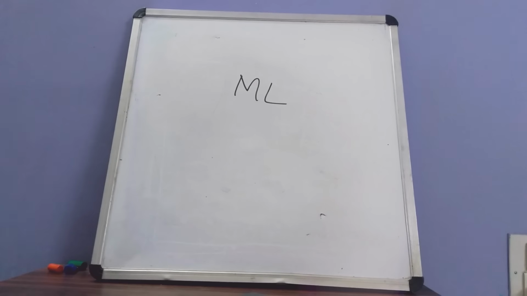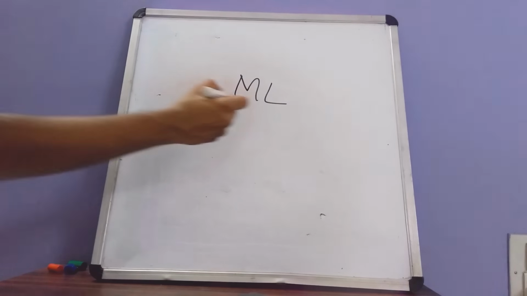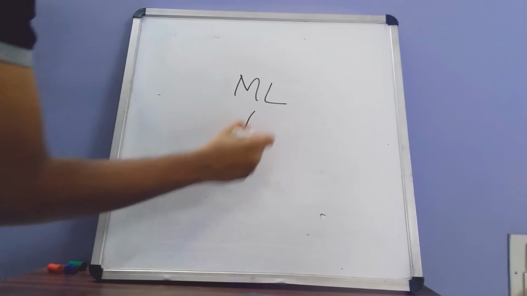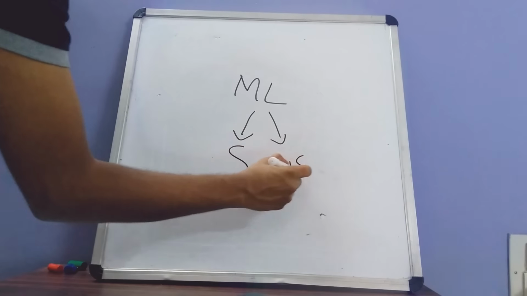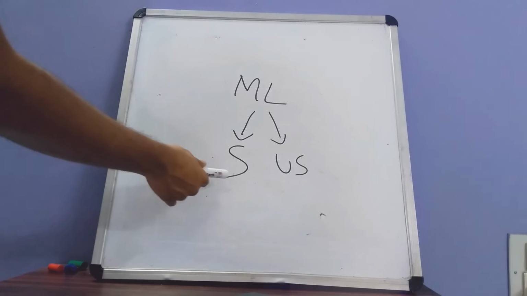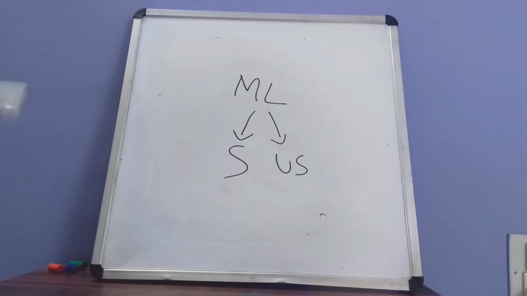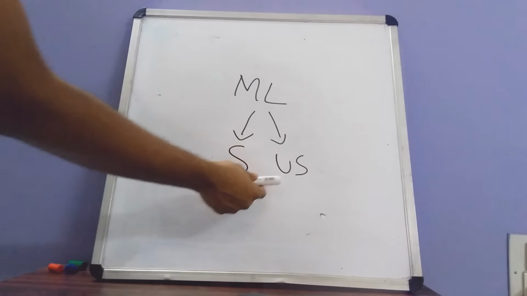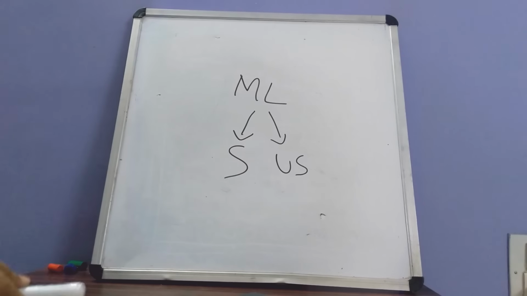To understand what the KNN algorithm really is, you need to know what machine learning means. Machine learning is defined as the field of computer science that gives computers the ability to learn without being explicitly programmed. Now, machine learning mainly takes two forms: supervised machine learning and unsupervised machine learning. Some examples of supervised learning are regression and classification, and an example of unsupervised learning is clustering.